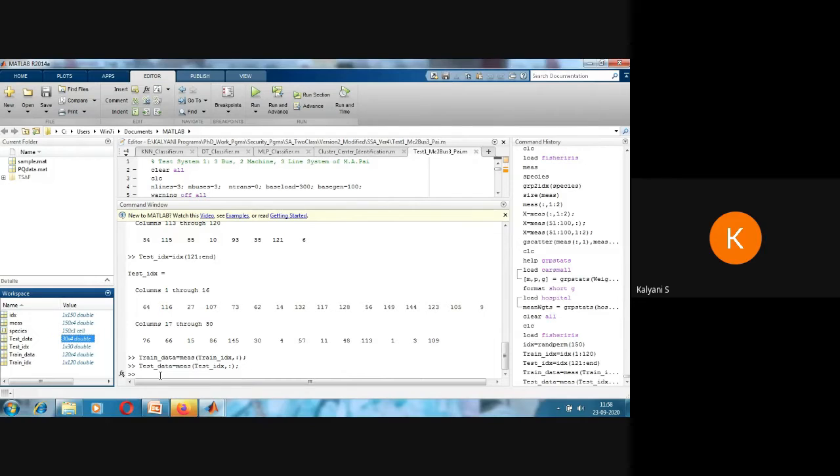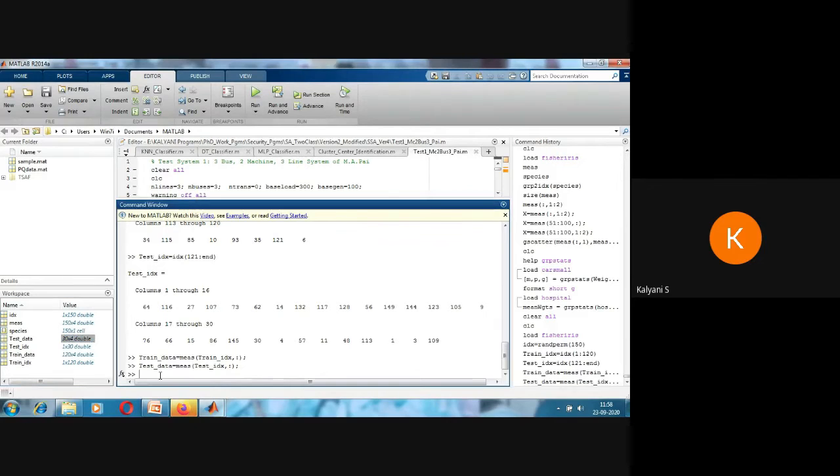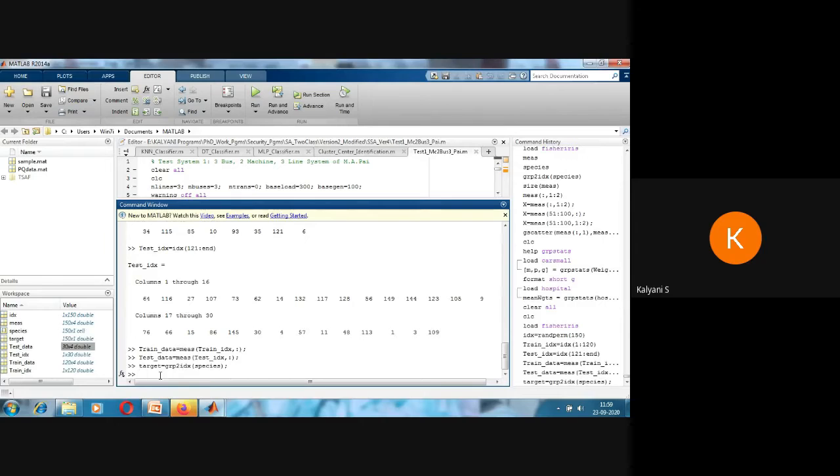Okay. Similarly, this is the input data. Now I have to similarly split the output data. I have to take the corresponding species also. Before that, I will store the species into a number data. I will take it as target, the numeric version of species. So target will be a 150 cross 1, 1, 1, 1, 2, 2, 2, 3, 3, 3 like that.